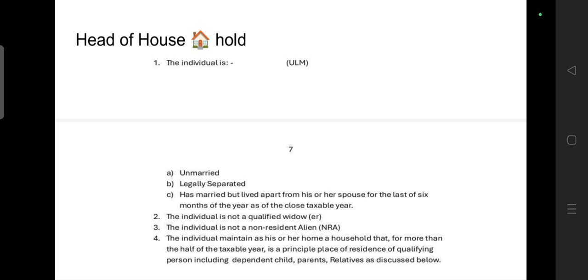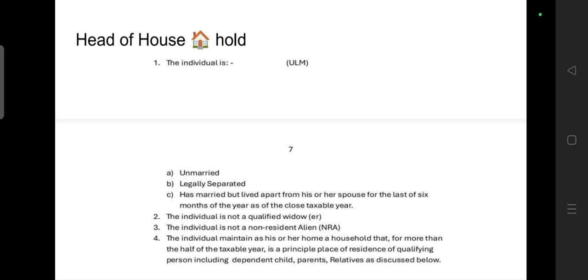The government is giving a larger tax benefit, a lower tax rate, and a larger standard deduction for such people, who are actually responsible people running the show and taking care of the people with them. The government is also supporting those who give care to people in need.